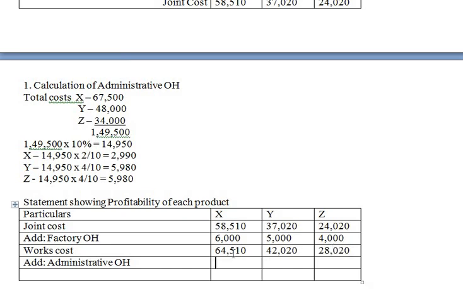Now administrative overheads already we have calculated, that is 2,990, 5,980, and here it is 5,980. Now again make a total of this.